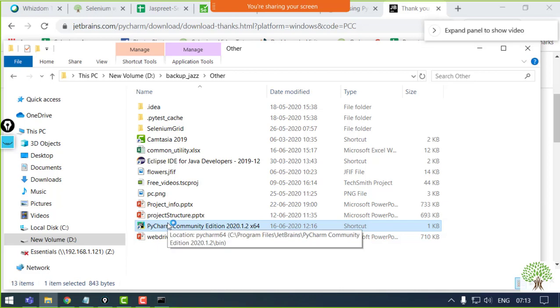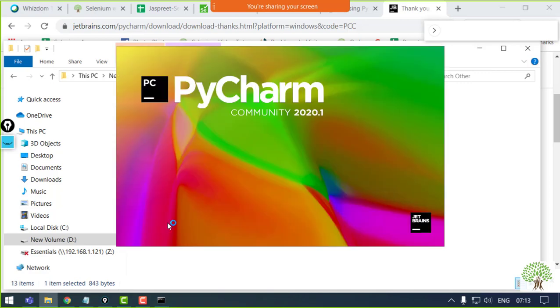It will ask you a number of things, whether you want the basic changes or the advanced changes. Even in the free version it will ask, and you can switch to any of those according to your wish. The welcome screen of the recent version of PyCharm looks like this.